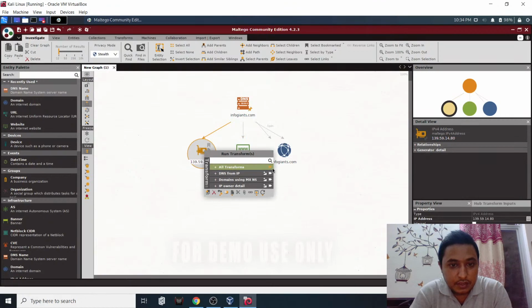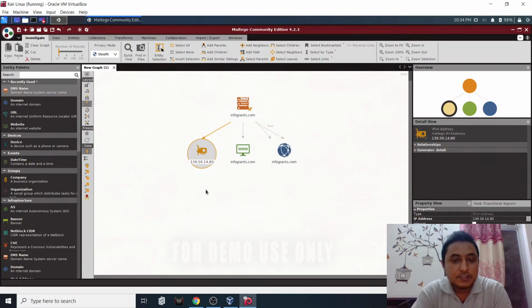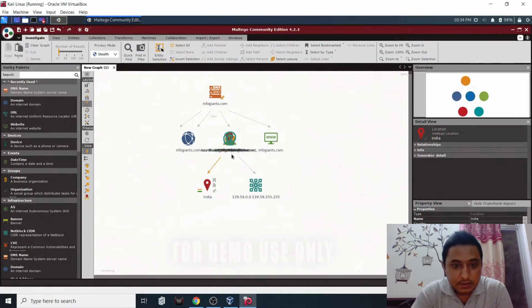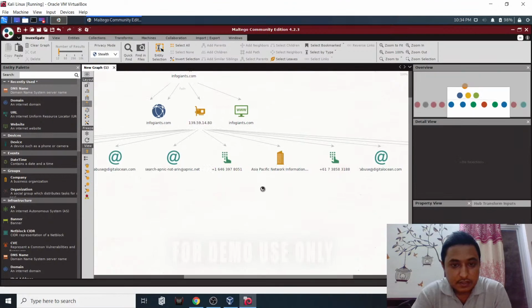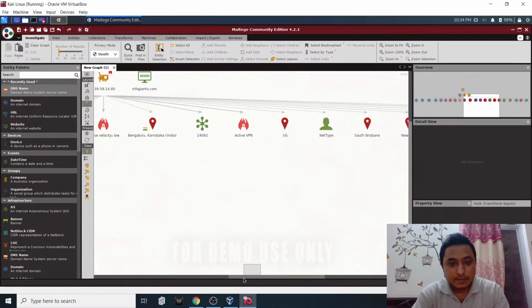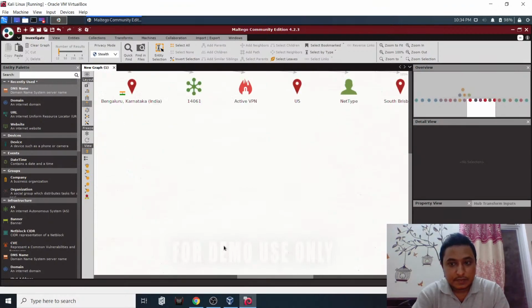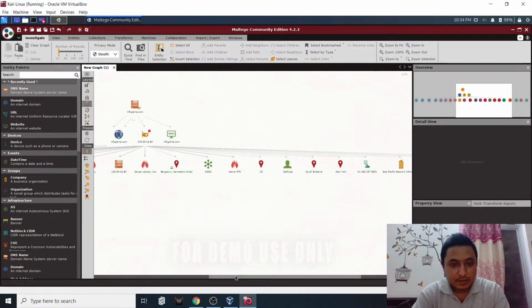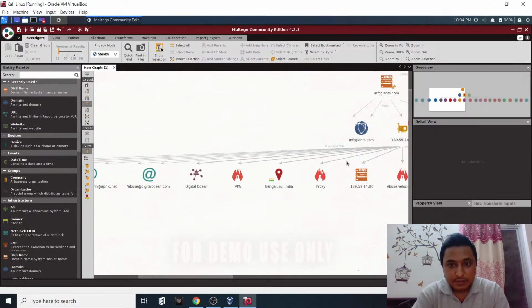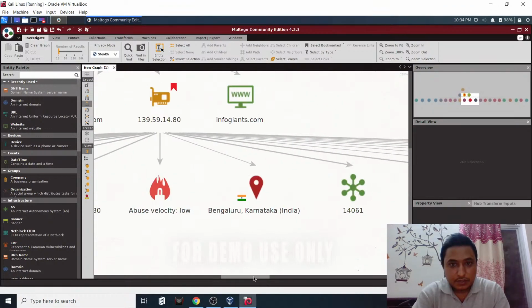If we click on all transform from this, it will explore other services behind this. You can see it is recursively looking for all the information available for this. So let me just show you. We can zoom in on it. Yep. So in InfoGiants,